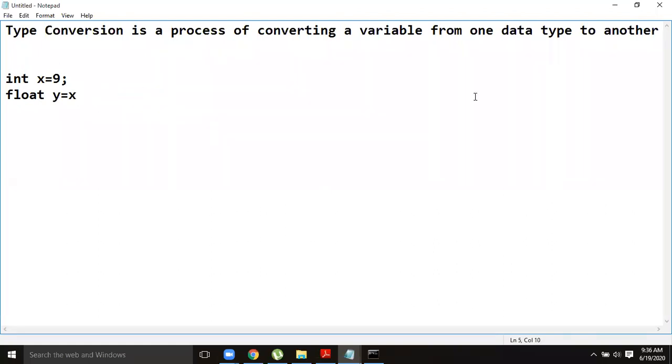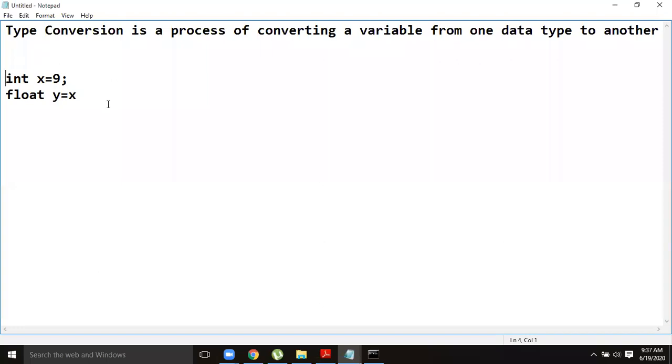Suppose you perform the reverse, that is, you convert a floating point variable or double variable into an integer. Definitely you lose the fractional part, so it will be truncated. Those things, in general, practically we should not do. Java helps you learn what we can do and what we should not do, because Java does not allow all types of type conversion.